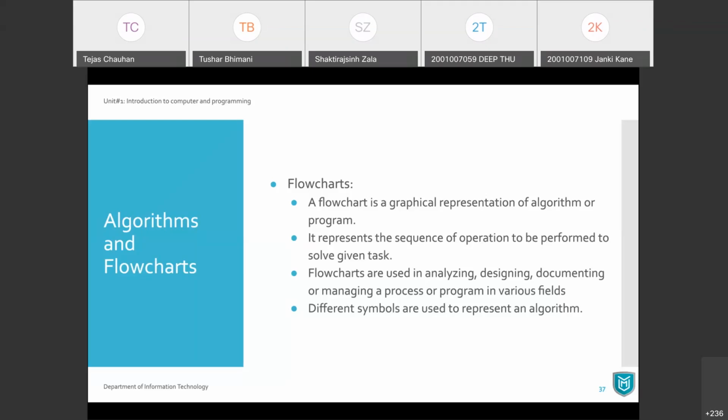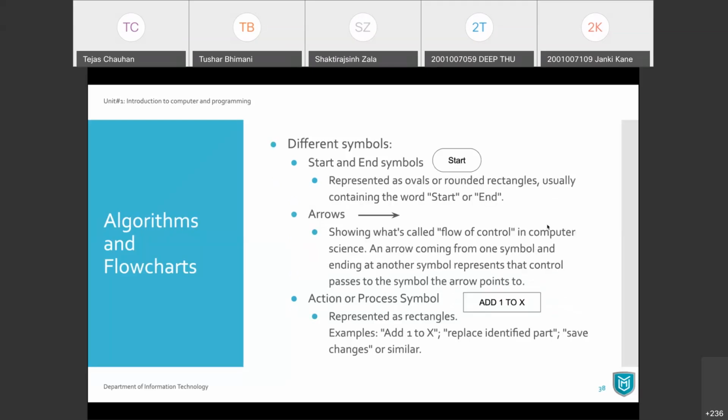So to reduce that writing, we have some symbols in a flowchart that we need to follow, right? So what are those symbols? Let's have a look at those symbols first, and then we will take an example of a flowchart.